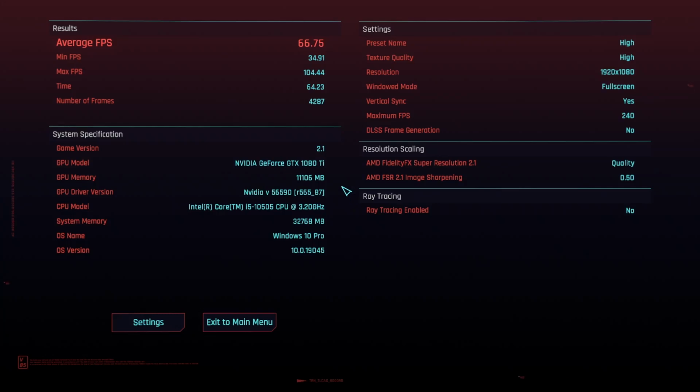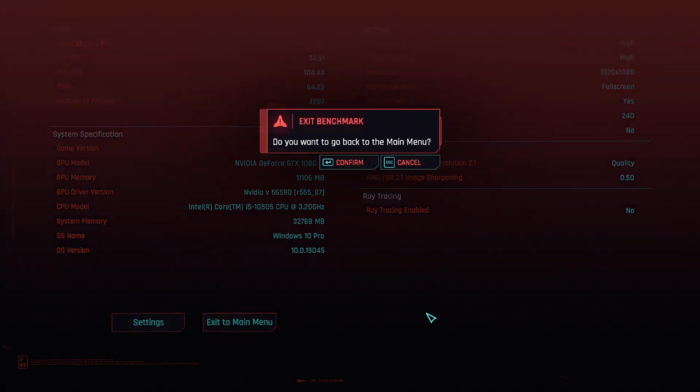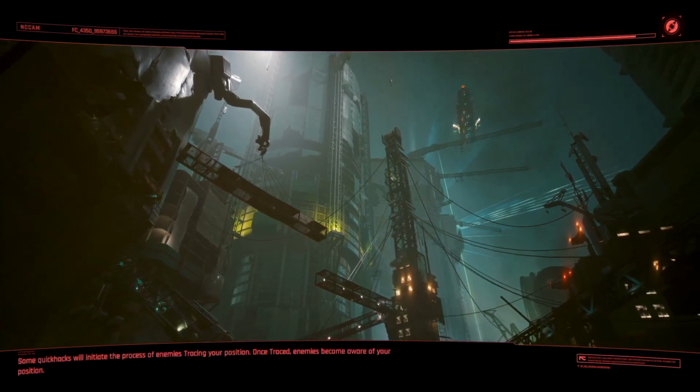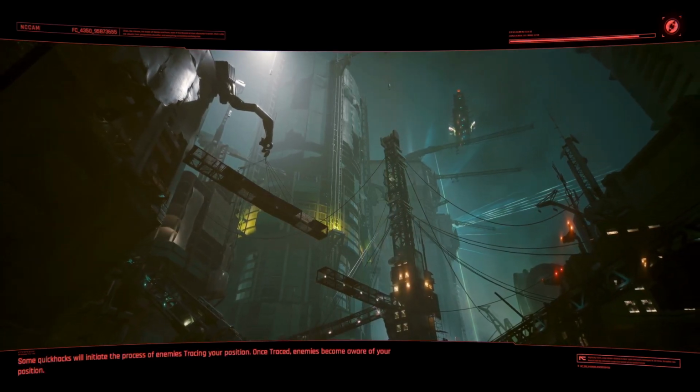Obviously ray tracing not enabled, so 66.7, basically 67 average FPS on what, an 8-year-old GPU, 7-year-old GPU, nearly 8-year-old GPU. Yeah, I still think that's pretty solid, to be fair, especially, I mean, I don't know how much they are now, but